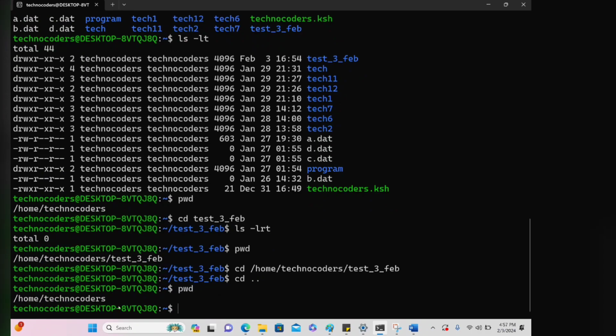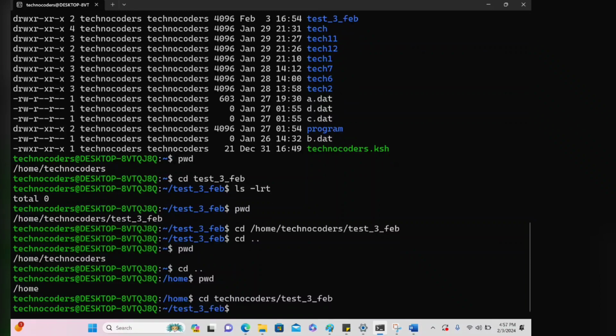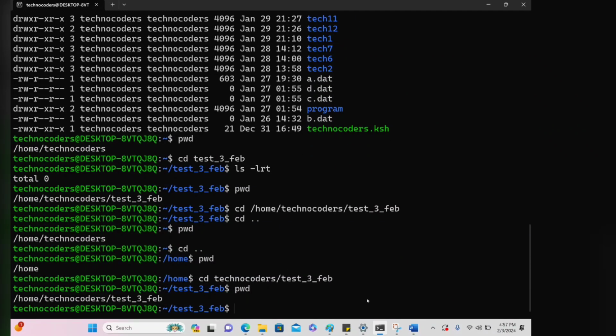Now currently I am in Technocoders. Suppose I go one directory back to my home directory first, easy to understand that relative path. So if I give cd Technocoders/test_3_fab, see, I am currently in test_3_fab. So this is the difference. If my path is starting from /, it's an absolute path. If my path is not starting from the / root directory, then it's a relative path to that particular directory. So what that means is, suppose I go back to my root directory or any other directory,